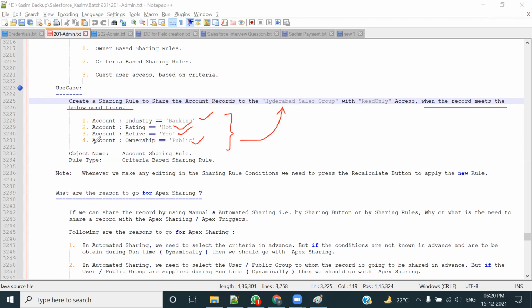For example, this means any user, it could be development, manager, testing, even the system administrator, whenever a user creates a new record inside the account object. First of all, understand the use case, then we will solve it. If at the time of creation the industry of the account is banking, the rating is hot, active status is yes, and the ownership is public,